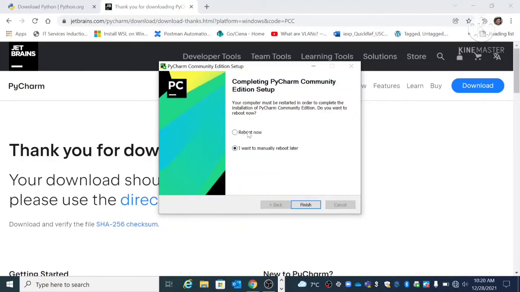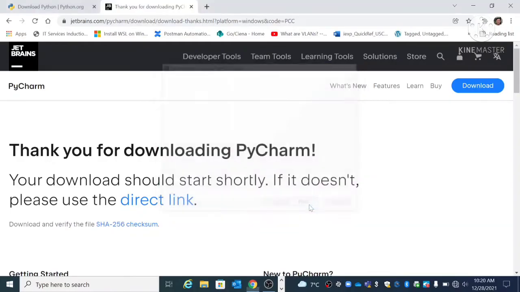Here we can see two options: Reboot now, and the second one, I want to manually reboot later. You must go with Reboot now. You need to reboot your Windows system and then everything will be set up perfectly. Right now I am going with I want to reboot later. This will also work. So let's finish this.